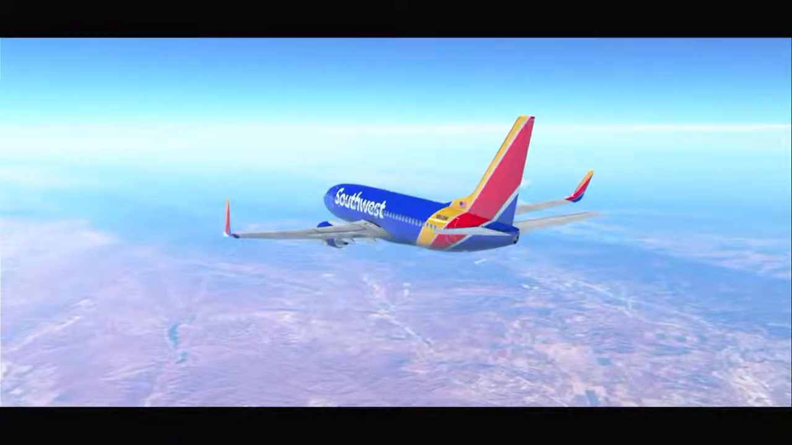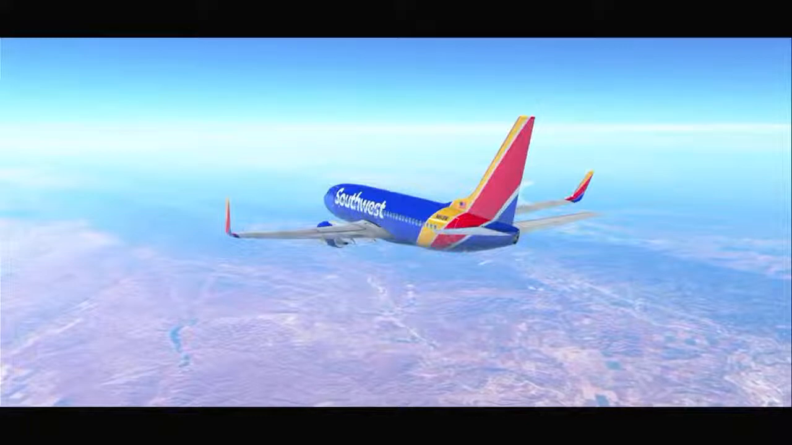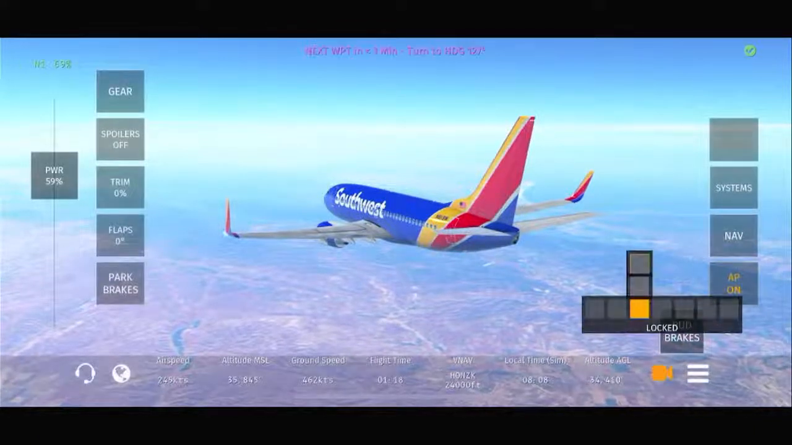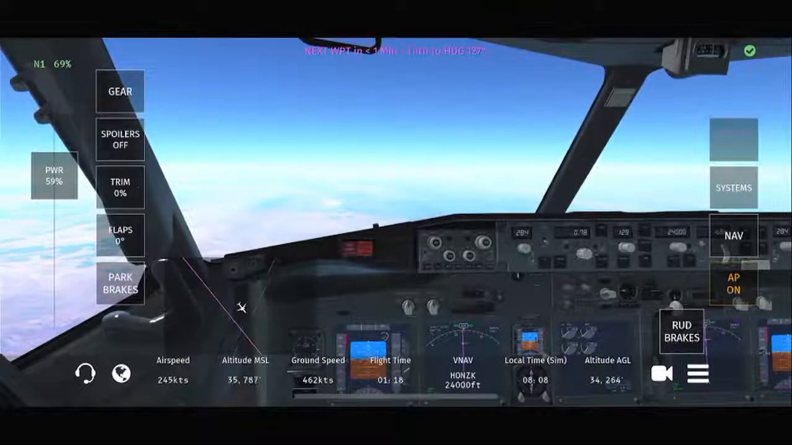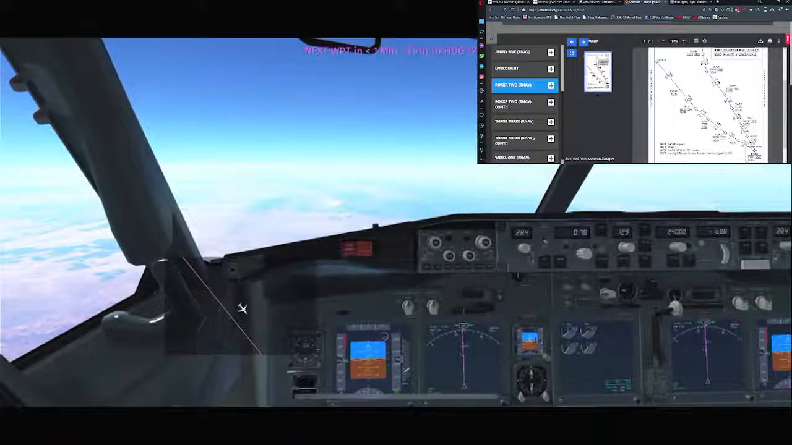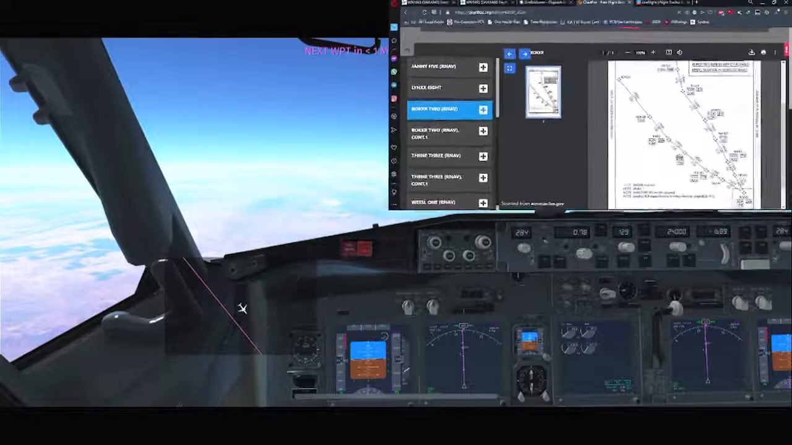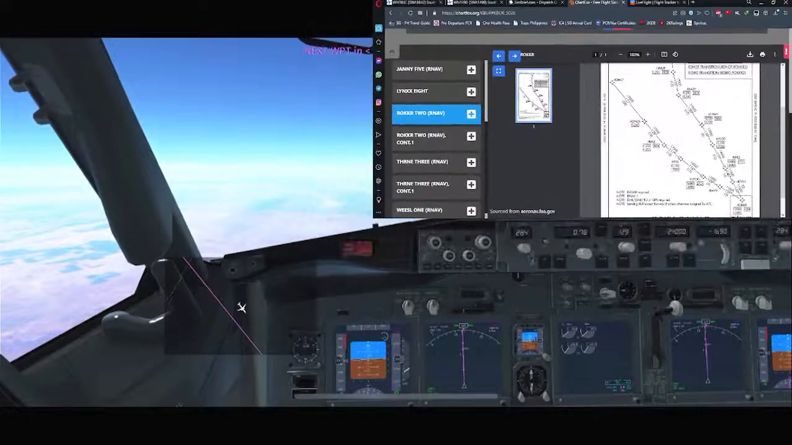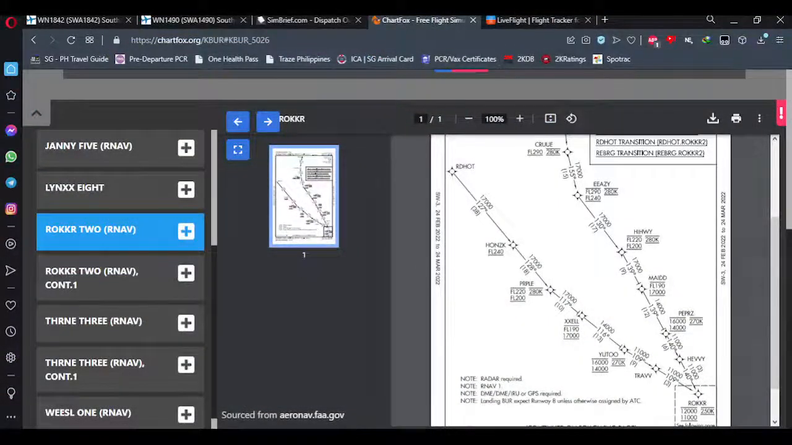Alright, everyone. We're now descending via the ROCKER 2 STAR, as you can see over here. Let me make this bigger. Maybe like this. Okay. So right now we are descending. We are flying towards the